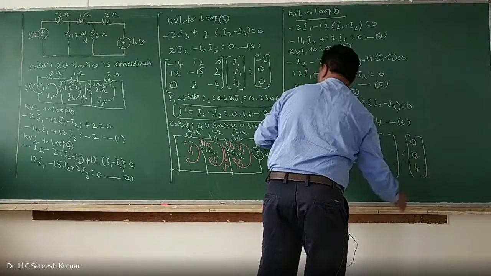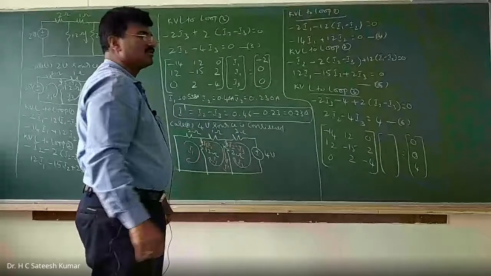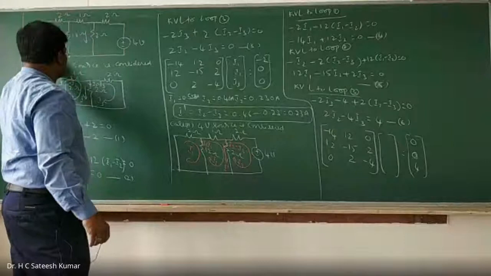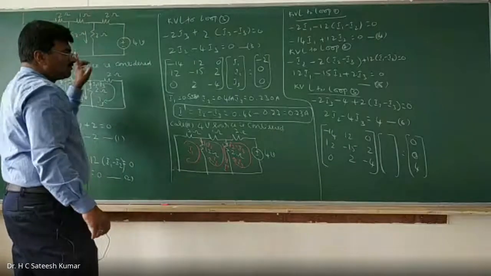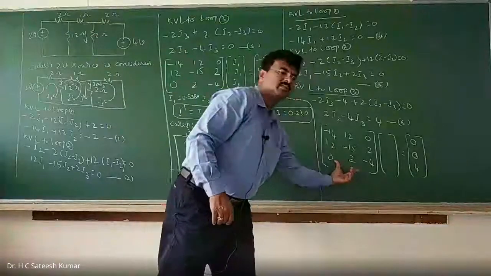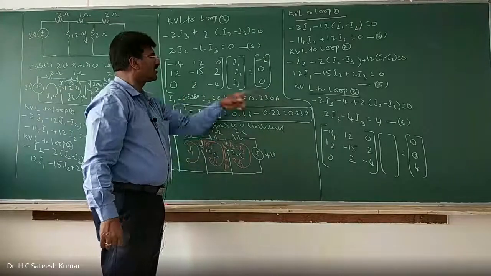Okay, right. Now you see the matrix. One similarity you can observe in both the matrices: only the voltage sources we are changing, right? Only this one is shorted, this one is made 0, and in the other case this one is made 0. Because of that, this matrix and this matrix should be the same. You should get the same matrix. So if you make any mistake here, you can easily verify it.